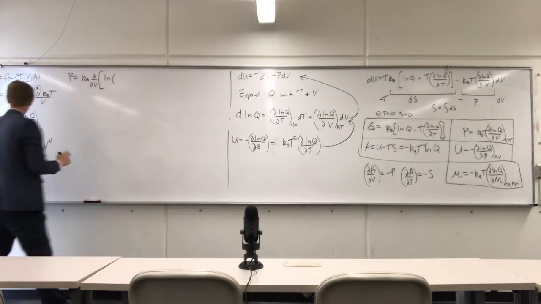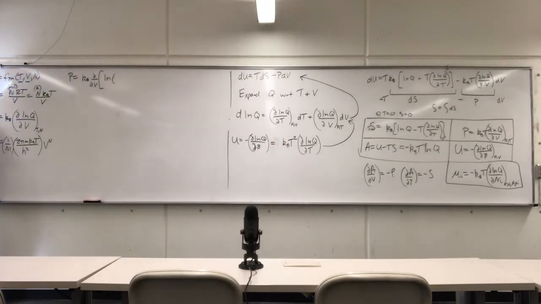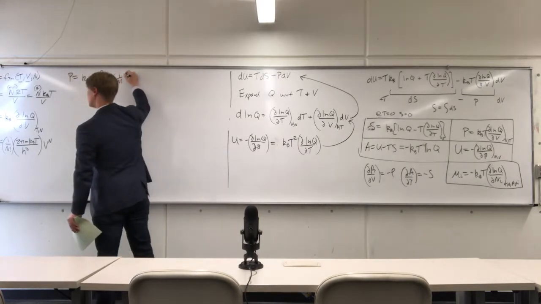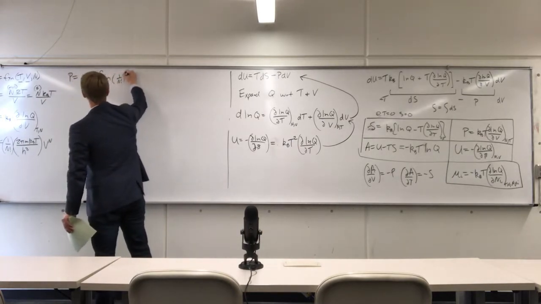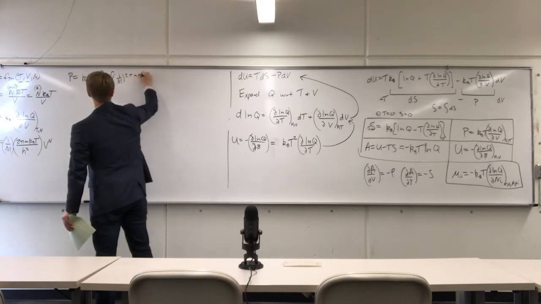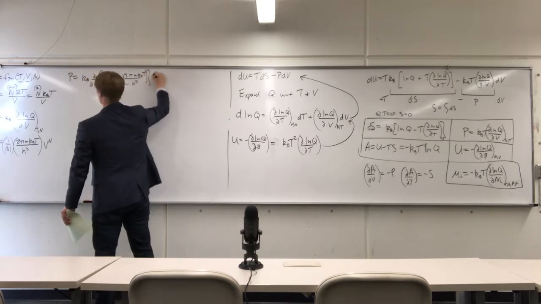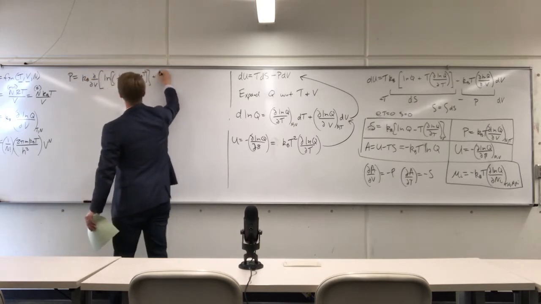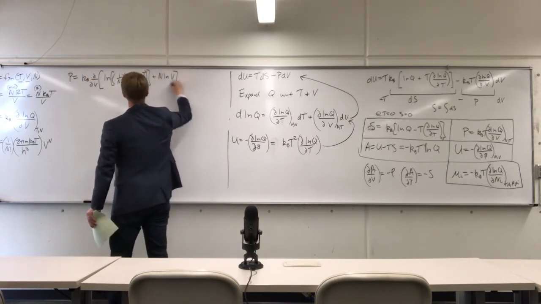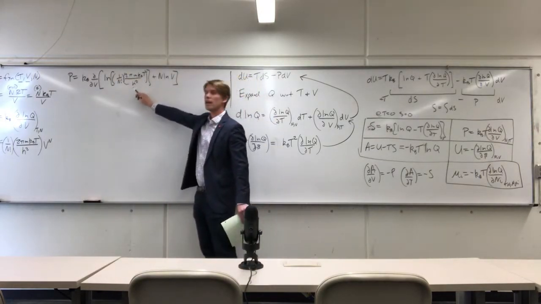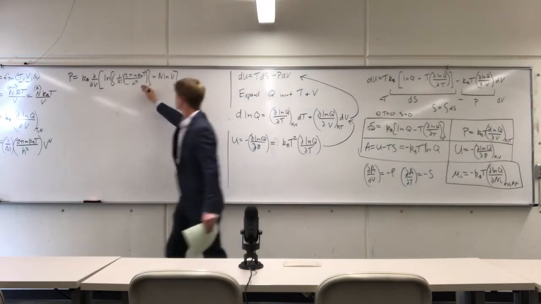I'm going to lump everything that's not a function of volume together. So that includes the 1 over N factorial, the 2 pi m kBT over h squared, plus N ln of V, right? So everything here is not a function of volume. So this all goes to 0,